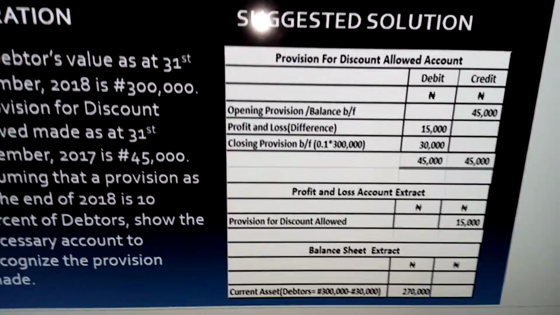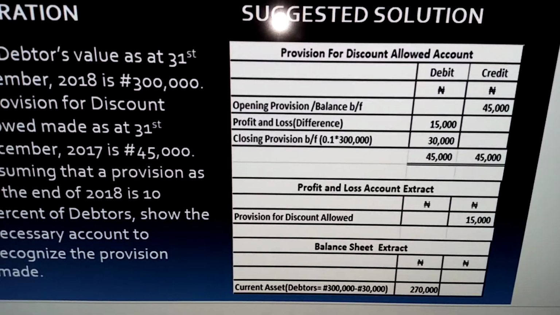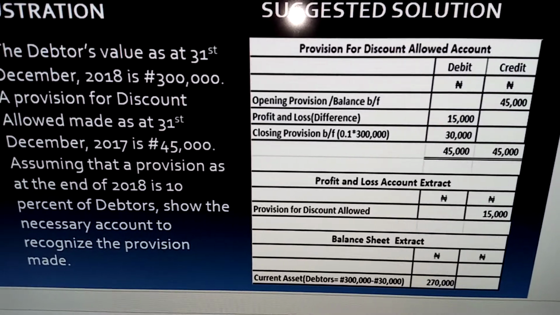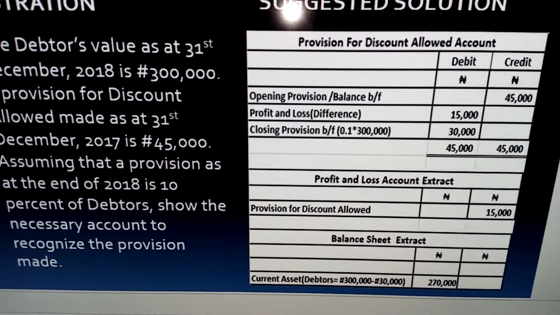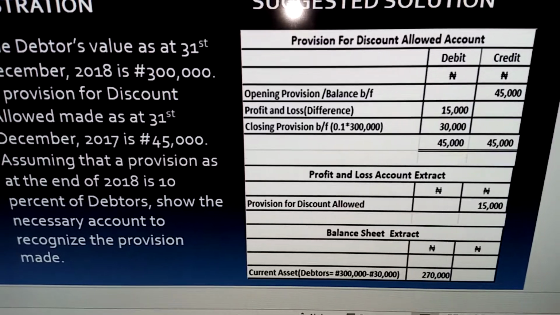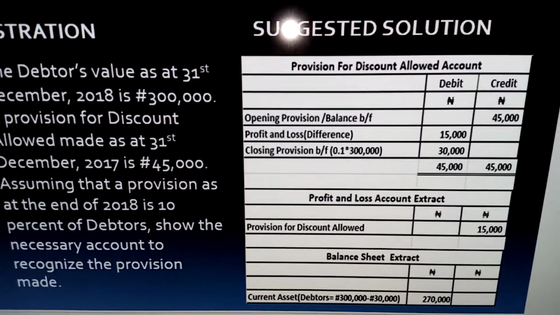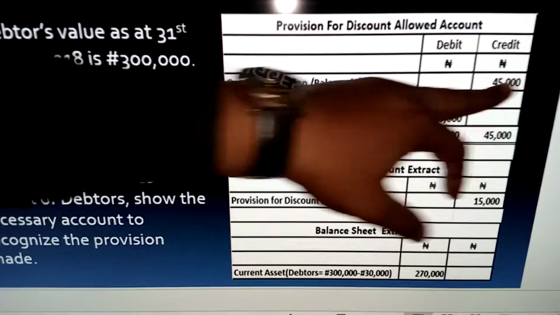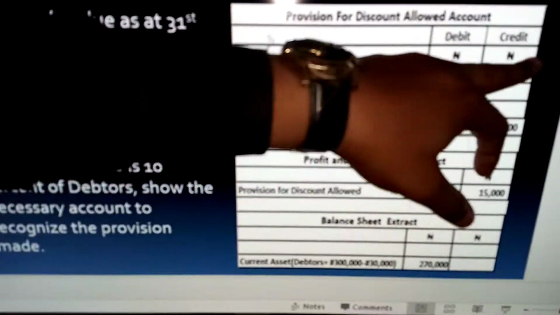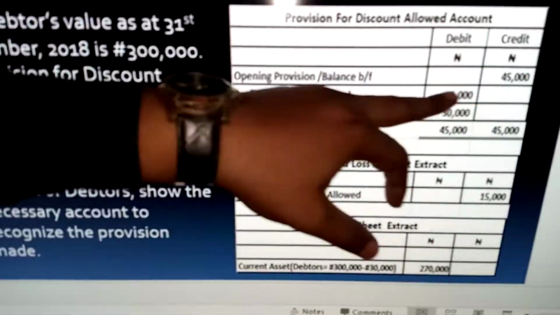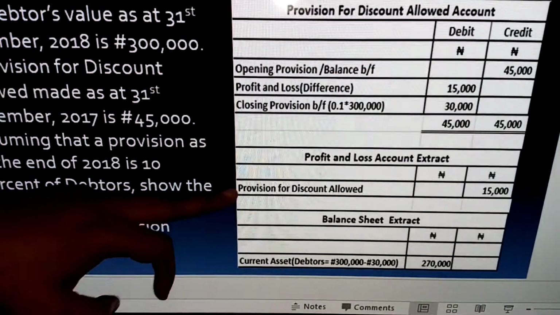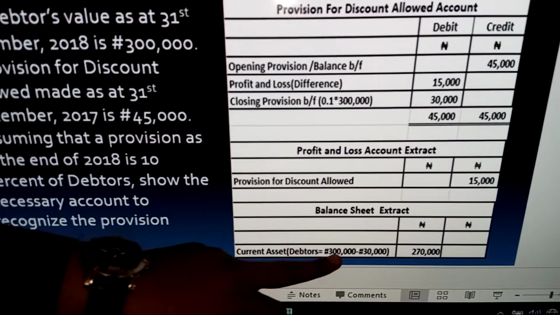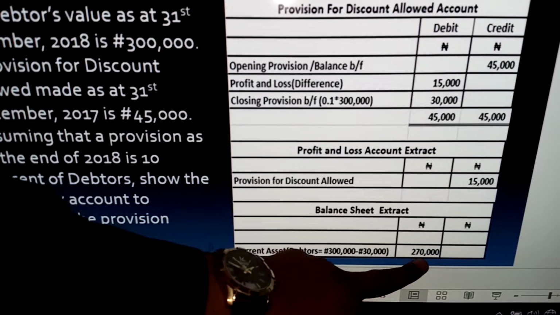Now listen. We are aware that the opening provision is 45,000. Now, the debtors value is 300,000. They say closing provision is 10% of 300,000, which is 30,000. So you can see that it has reduced from 45,000 to 30,000. That would mean a decrease in provision for bad debt or discount allowed. So here we have provision for discount allowed, opening provision 45,000, closing provision 30,000. The difference is 15,000. That's what you have here as an income. Provision for discount allowed, 15,000. Then in the balance sheet, current assets will reduce: 300,000 minus 30,000,